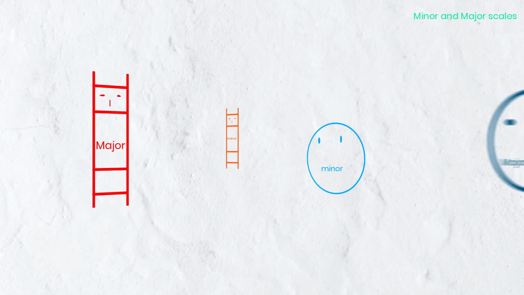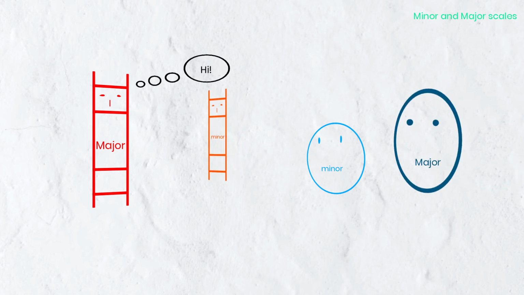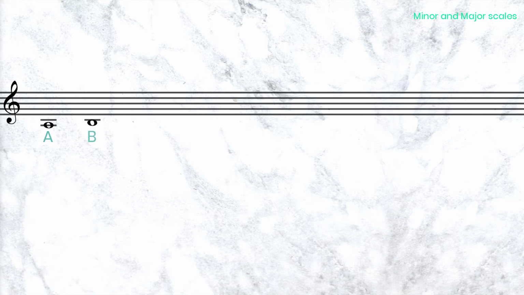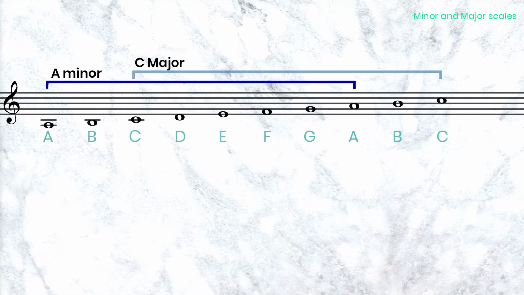Another important characteristic of the scales is the fact that each major scale has a relative minor scale, and vice versa. That's right, as mentioned earlier, both A minor and C major share the same notes, but they have different structures due to the way notes are grouped, and for that reason they sound different. They are called relative scales. C is a relative major with a happy character, and A is a relative minor, sounding a little bit darker.